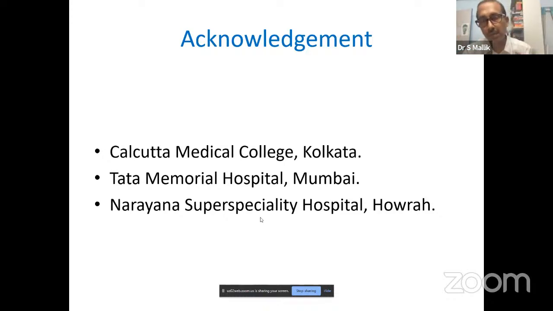And one thing also important: if there are bilateral large nodes, you have to be very careful while planning for bilateral electron boost, because usually we take energy as 1/4 for 90% coverage. So there you have to be a bit conservative, because you should not try to cover it with the 90%,